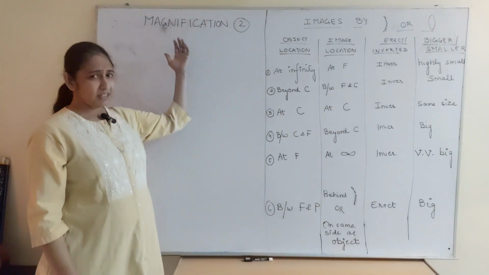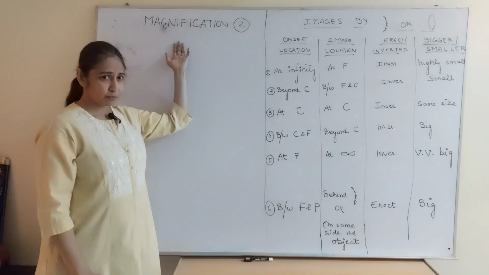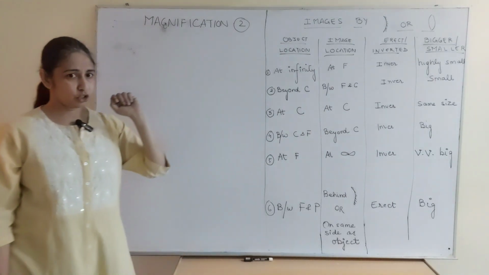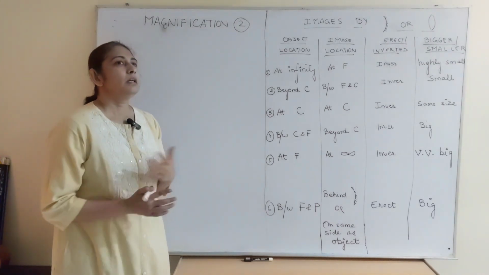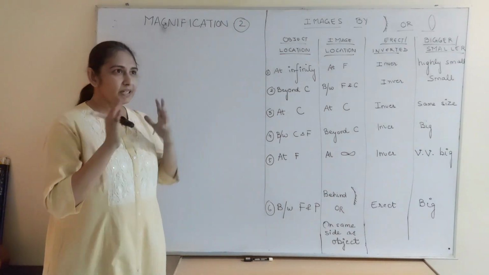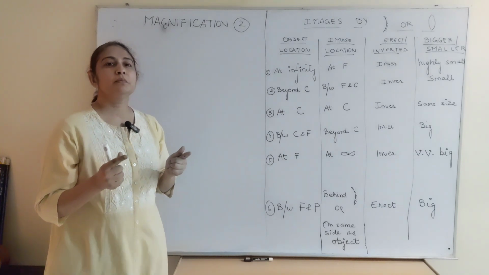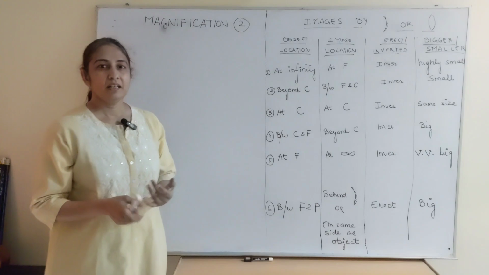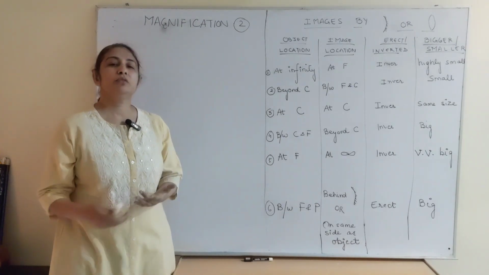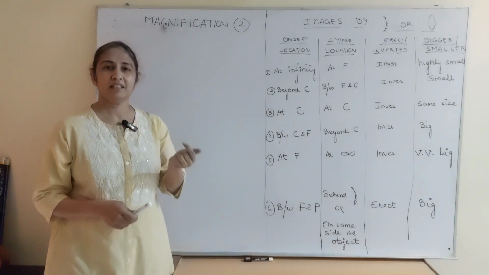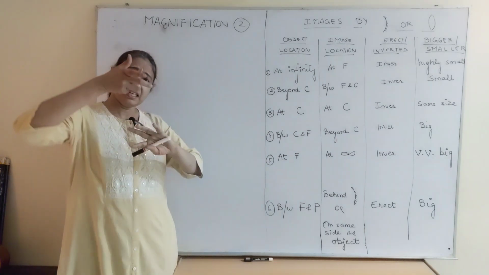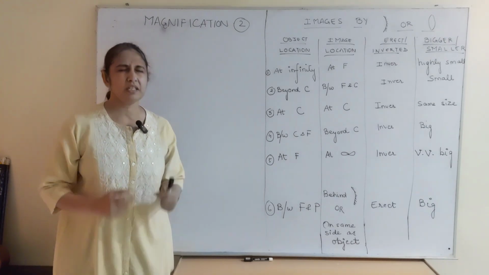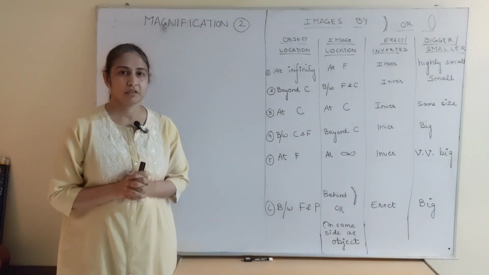Okay. So last time we did magnification, which is from the chapter Light, part 1. Now we're doing the second episode, magnification part 2. We came to know two very magical things from the value of m last time. We were able to guess very nicely whether the image is big or small, we could guess it in 1 second, and whether the image is inverted or erect. We could immediately guess from the value of m.